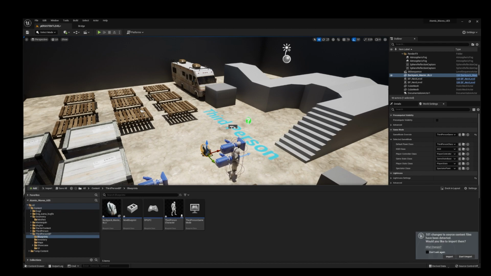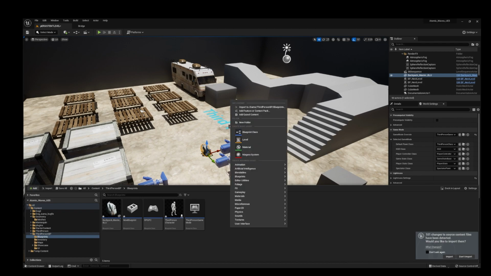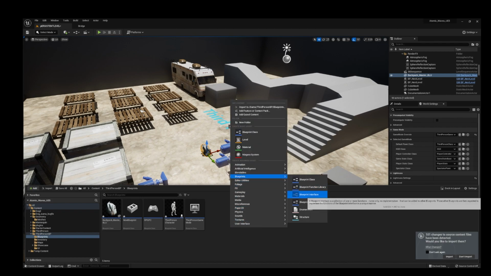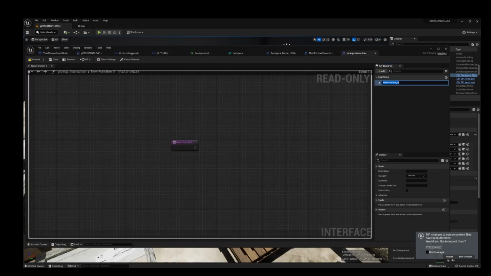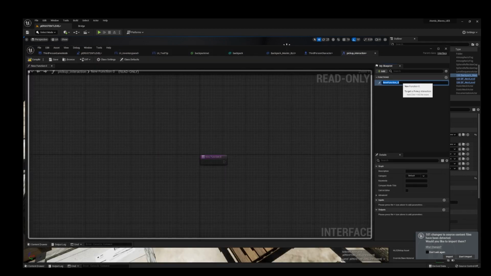So what we're going to do here is right click, go over to blueprints, and get a blueprint interface. And we're going to call it pickup underscore interaction. Okay, let's open it up. And we're going to rename our first function, our new function here, to pickup interaction.